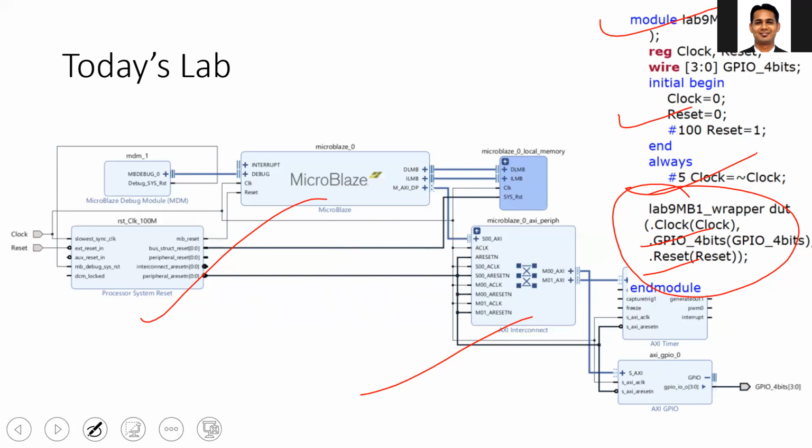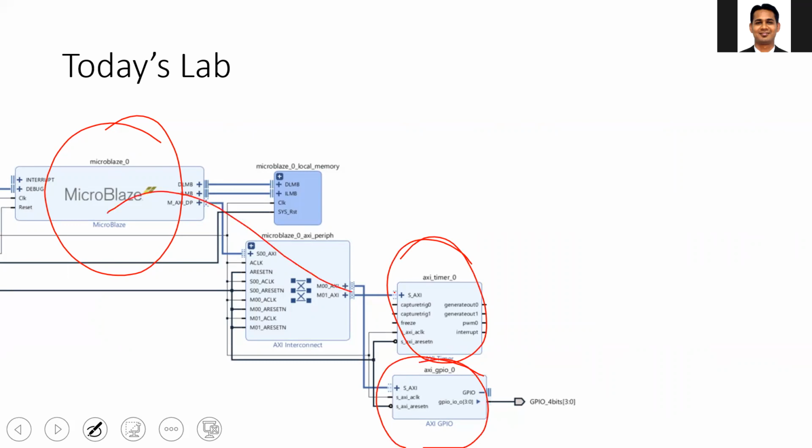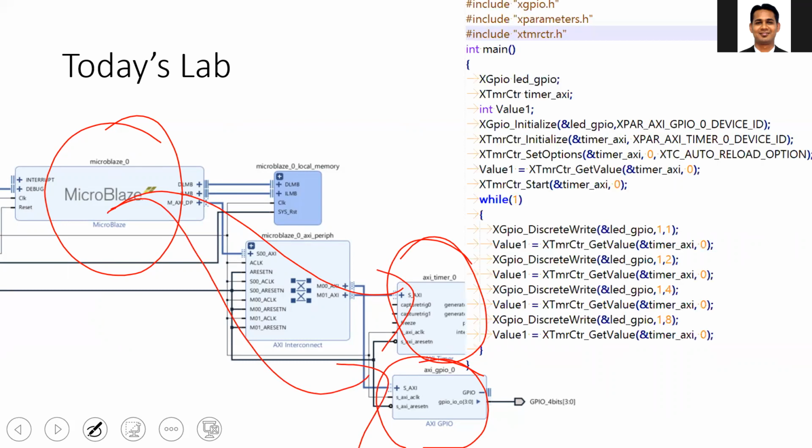I have written the test bench and integrated it, using my block diagram as the device under test. Now the second thing I need to do is to write the code inside the MicroBlaze, and for that I need to understand the drivers of this IP. I need to initialize this IP and see how I can communicate with it, because each IP will have a separate address and a separate set of drivers. So I'm just going to give you the code here, but we'll discuss this code in the subsequent video.